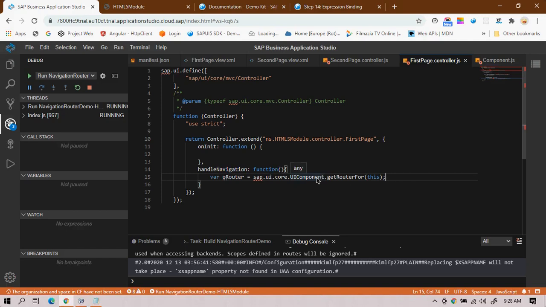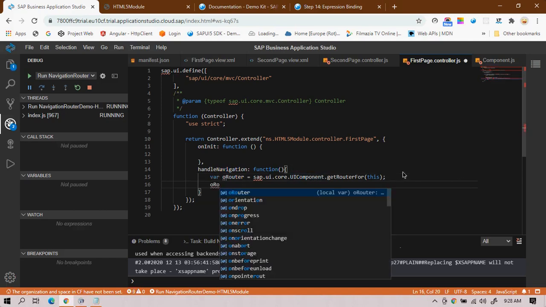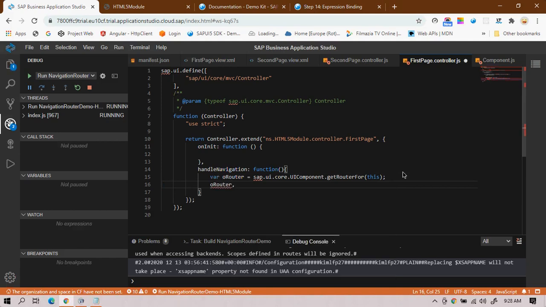Once we get the information of routing, oRouter.navTo. navTo is a method which takes two parameters.